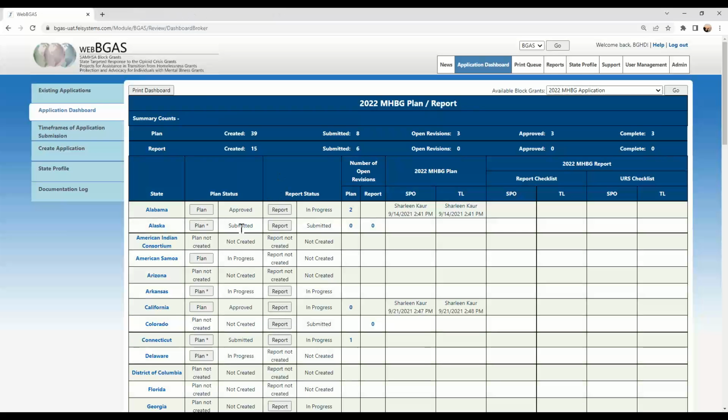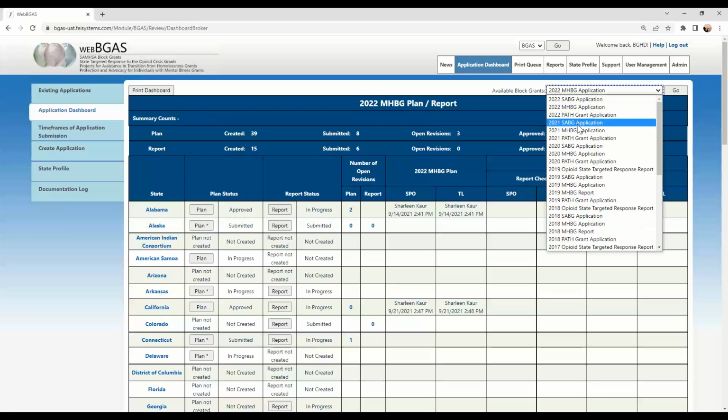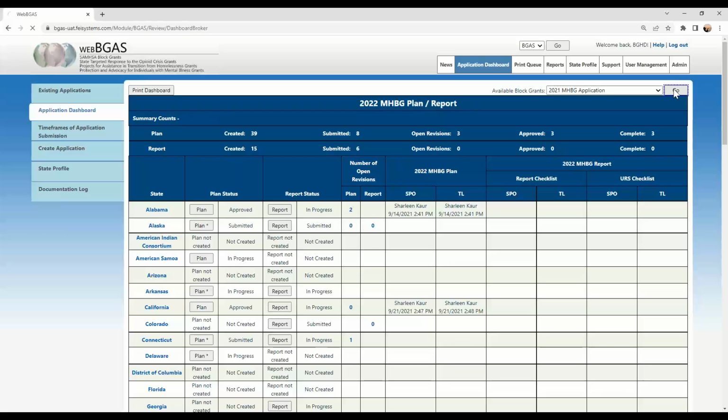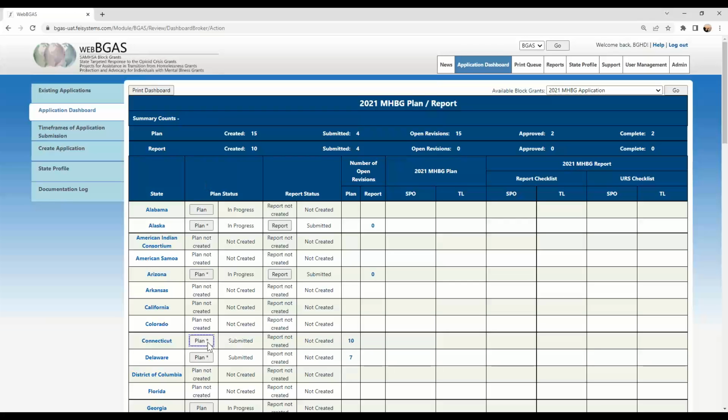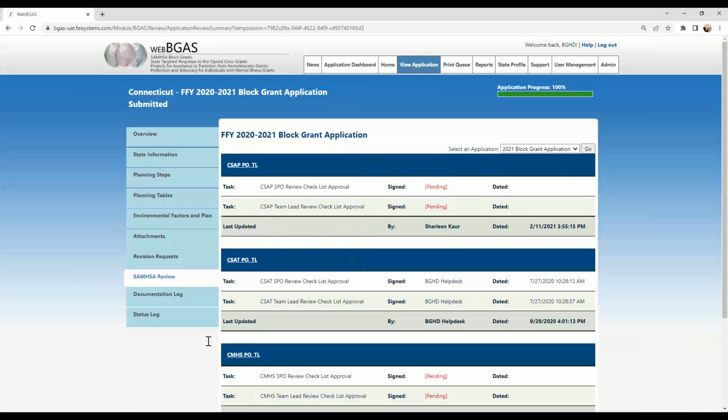Another thing that I'd like to show you is what happens in a 2-year plan. So let me open the 2020-2021 plan. And you'll notice that when this is a 2-year plan,